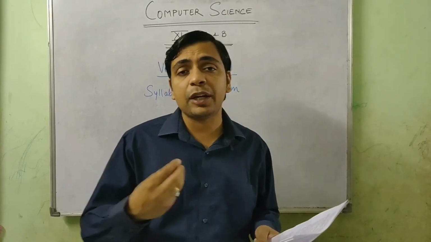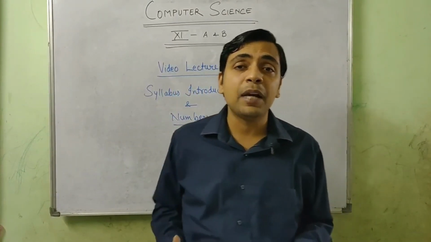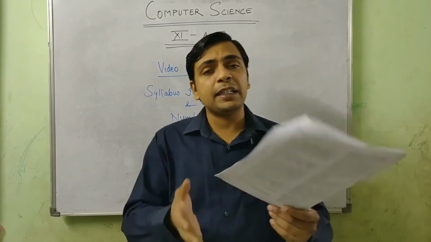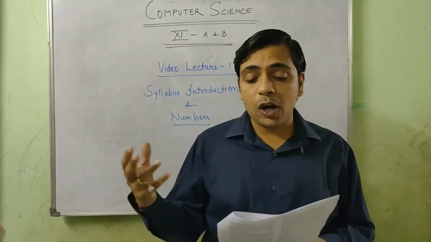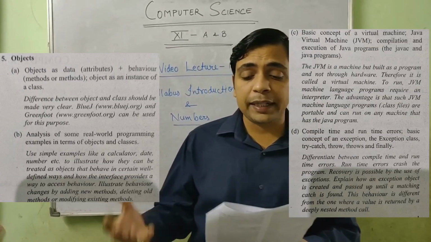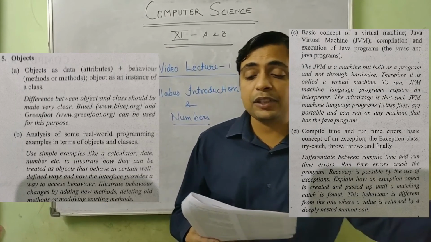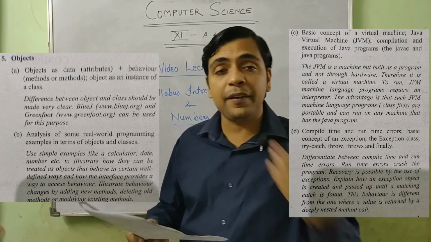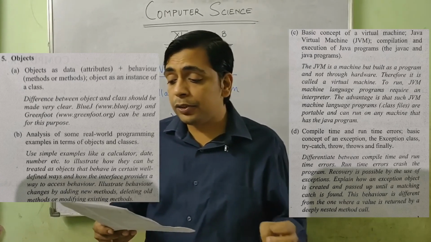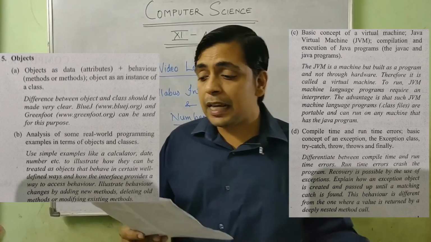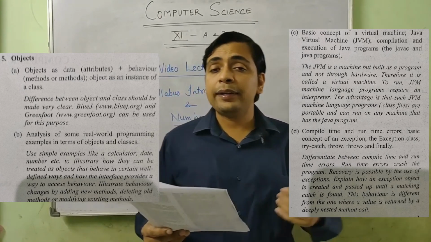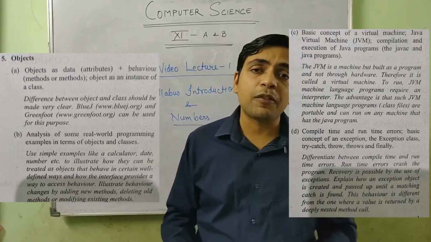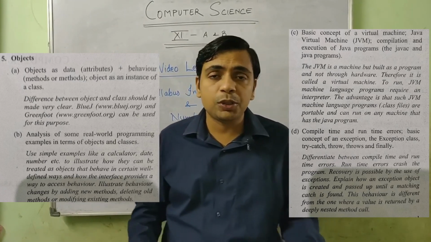So in chapter 4 we are going to introduce object oriented programming one more time, definitely in a much deeper sense. We are going to study about objects, where we study data, which is represented as attributes, and behavior. We are going to differentiate between objects and classes and various other theoretical aspects related to it. We are going to see BlueJ, of course, which is part of our syllabus, and we are going to use BlueJ throughout the year.